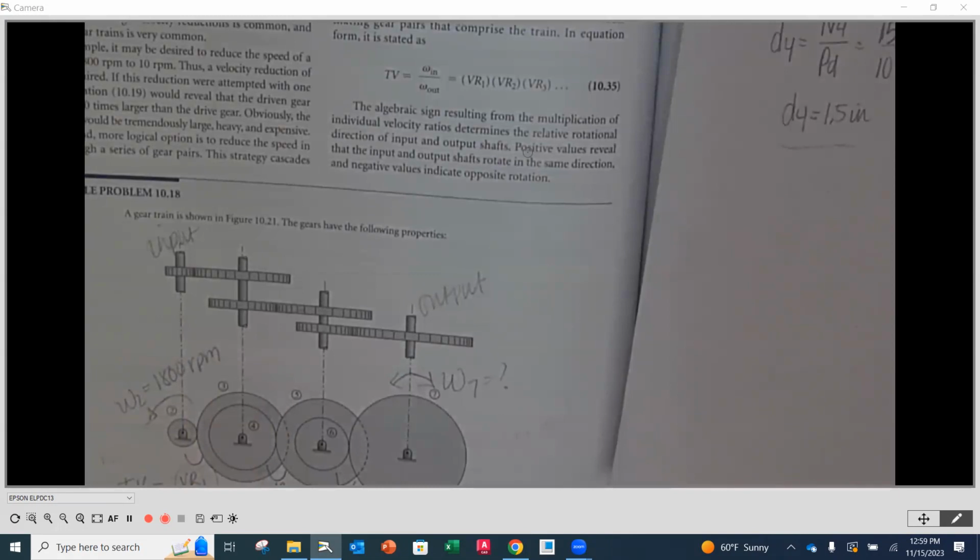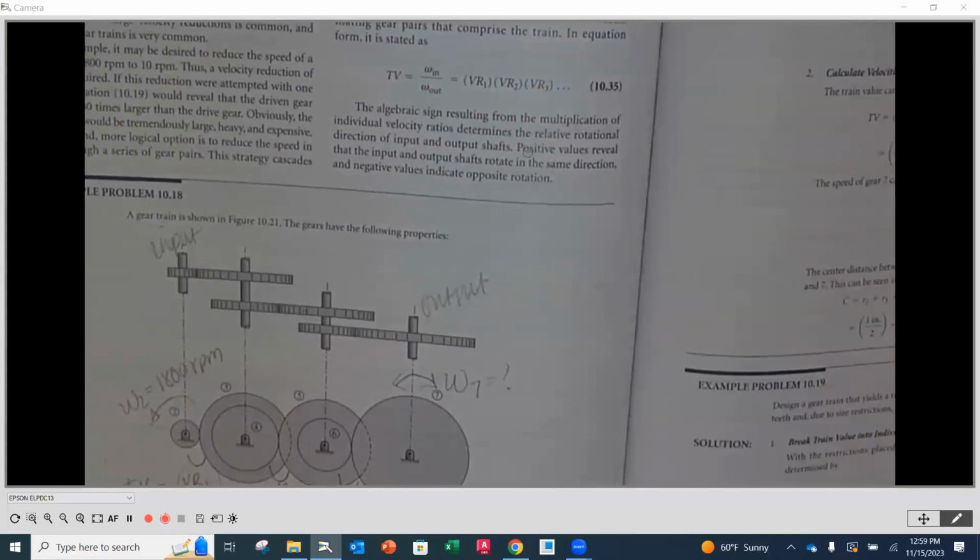No. Only the ones in mesh have to be the same pressure angle. Yeah. So these two would have to have a 20-degree pressure angle. These two could have a 25 if you wanted them to. Yeah, it wouldn't have to. And sometimes what ends up happening, and really, you'll notice that here,